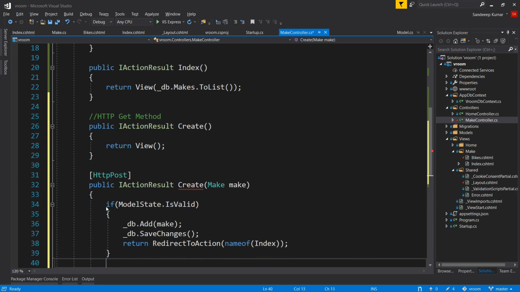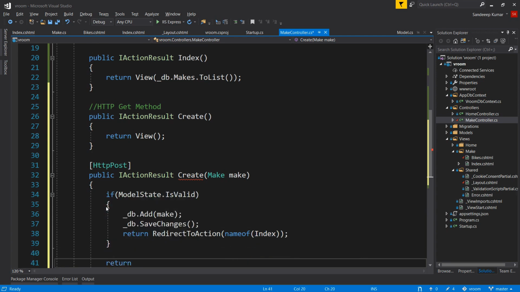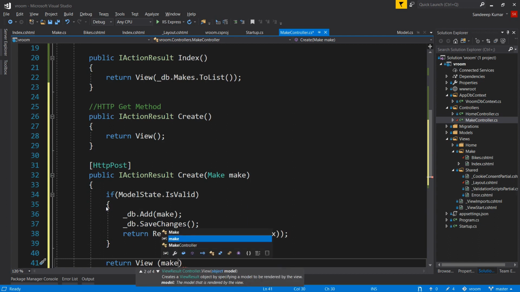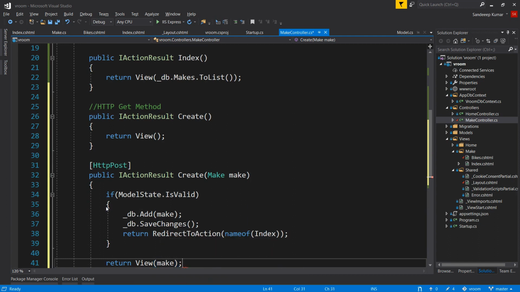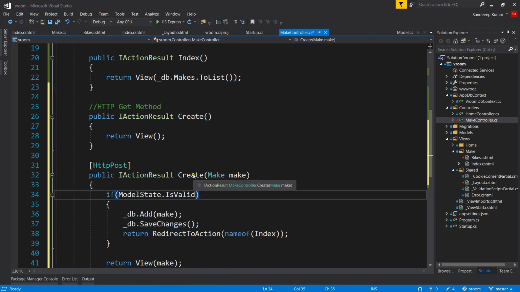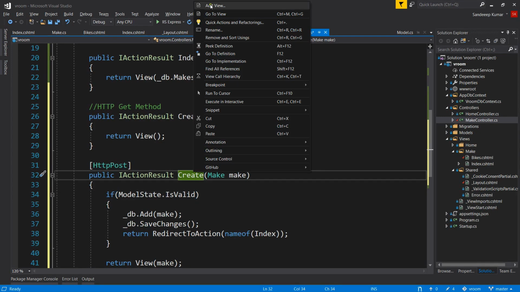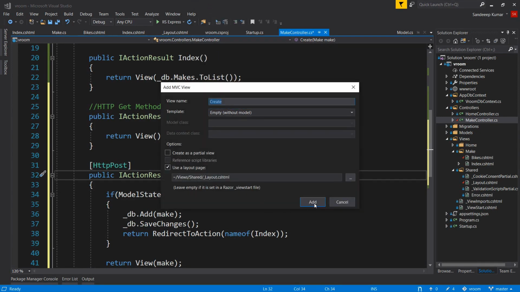And what if our model state is not valid? We will return the same view and will pass the received makes back to the view so that our view can render a proper error to the user. Next, we will add a view for our create action method. Right click on our create method and press add view. Click add